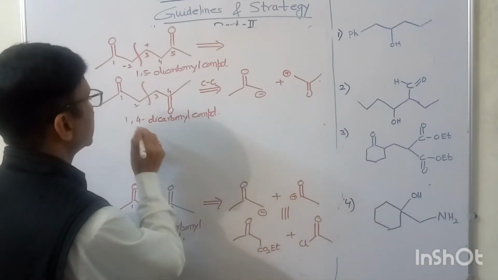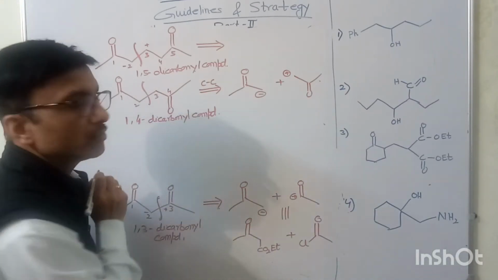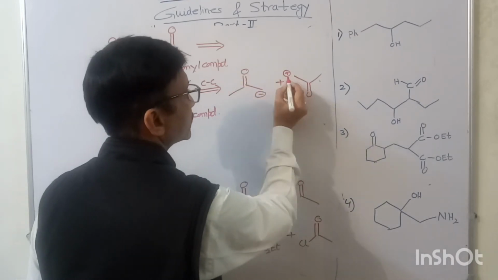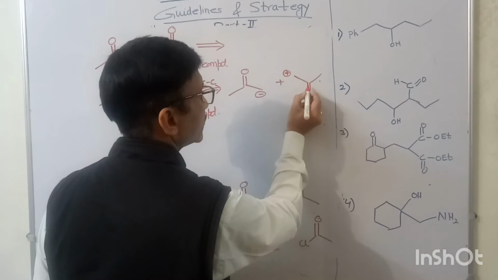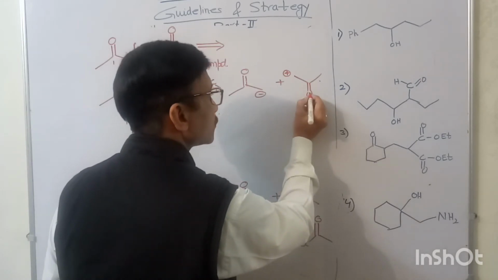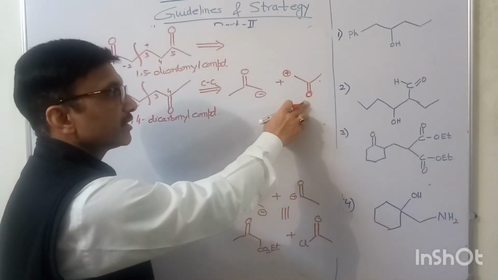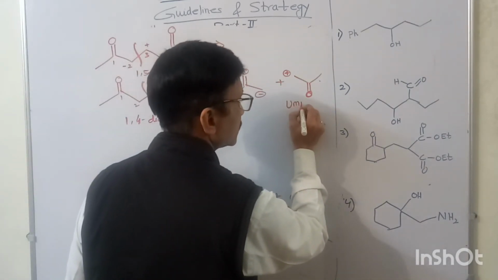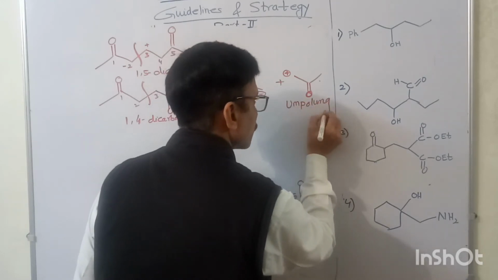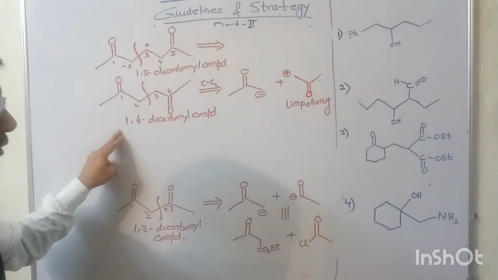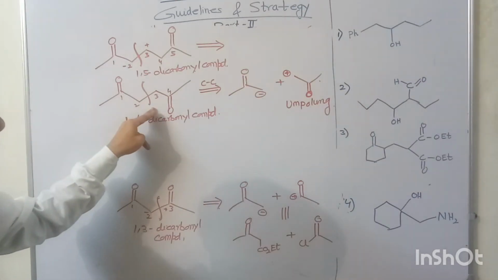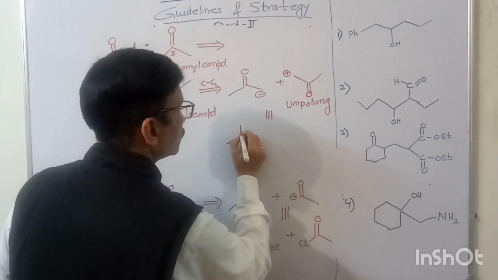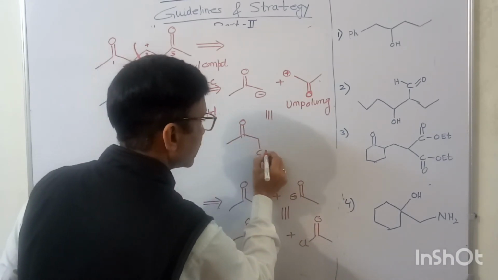But here, in the case of a 1,4 dicarbonyl compound, this is minus charge, this is plus charge, this is minus, whereas this is plus, this is minus, and this is plus. So this oxygen here is having the positive charge, and that's why this is an umpolung or unnatural synthon. So for such a 1,4 dicarbonyl compound, no doubt 2,3 disconnection, but we will get the umpolung, and corresponding to this, the synthetic equivalent that you will get,